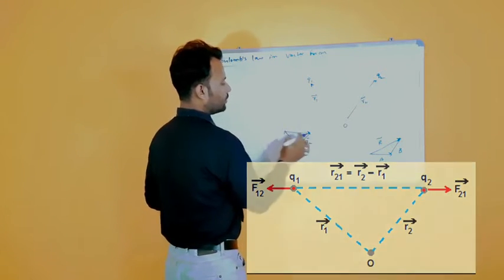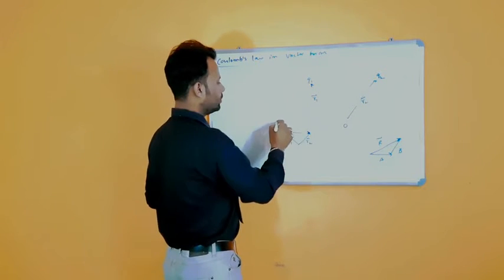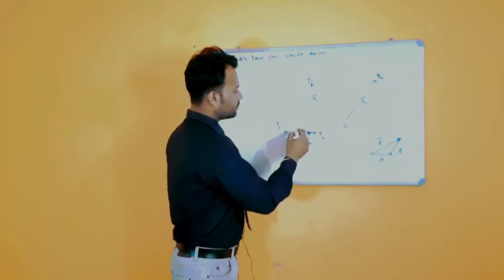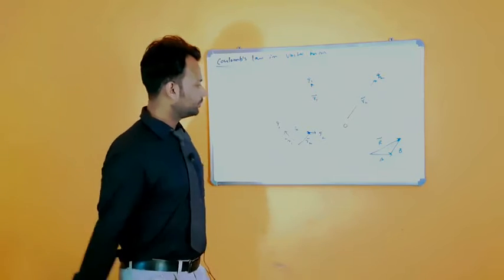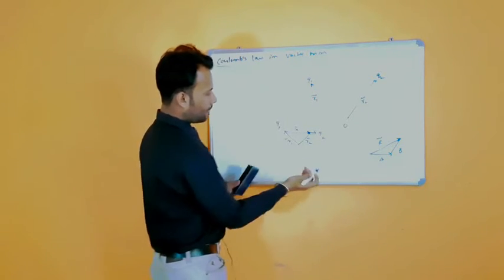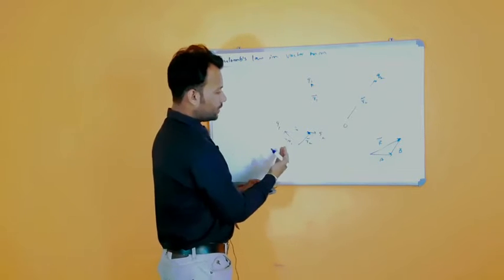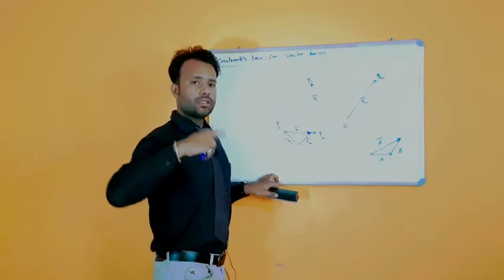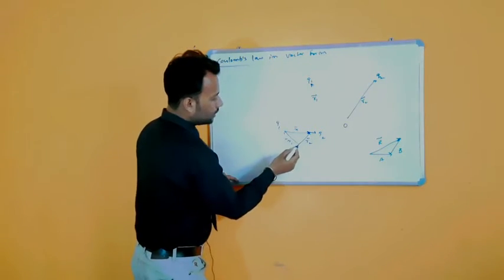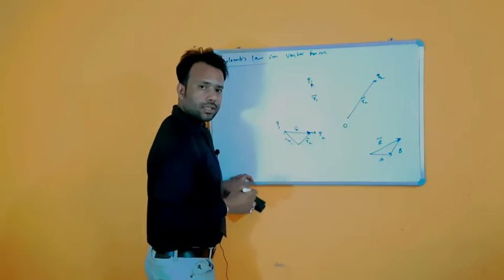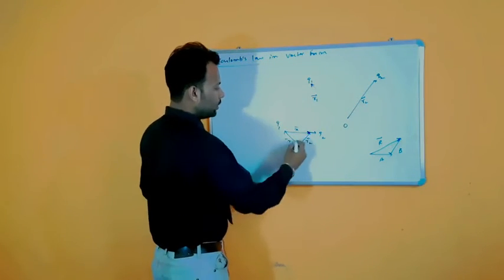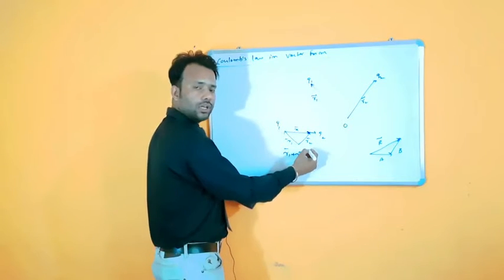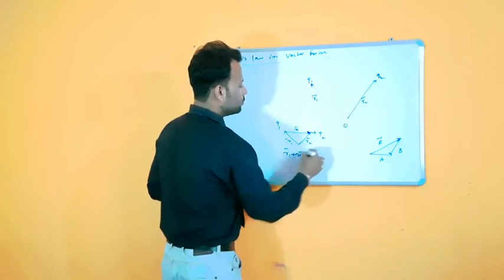Okay, what will be the value of this? Because we are going in this direction. This is Q1 and this is Q2. We are going in this direction. Let's say this vector is, suppose, x. Now come to this side. Compare this diagram with this diagram. Now take two sides which are in the same order, like this, A and B. So you can see that this R1 and x are both in the same direction. They are both taken in the same manner. So we can write R1 plus x, and this R2 is taken in the opposite order. That will be equal to R2.